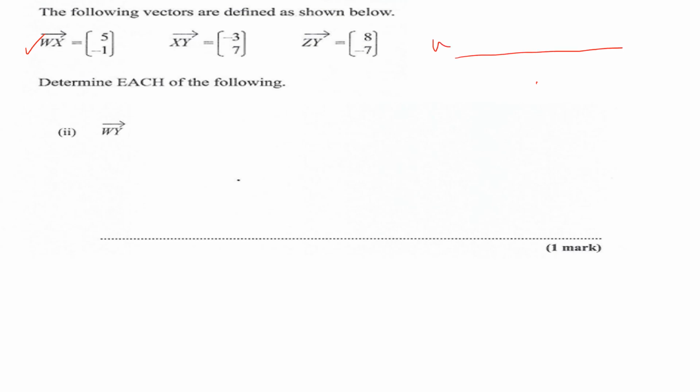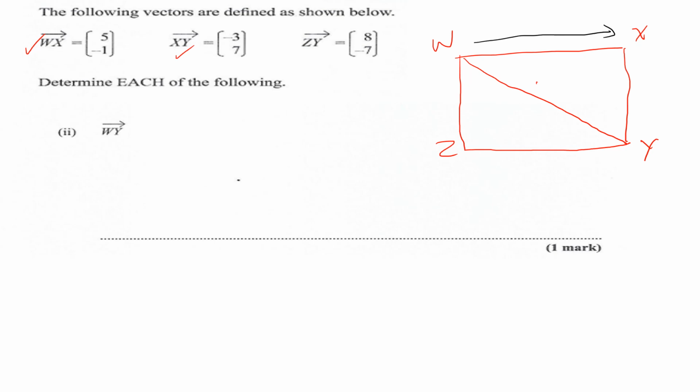So we have WX, then we have XY, and then we have ZY. So a rectangle. And we're asked to find WY. So WY will be across here. So to get WY, we will have to go